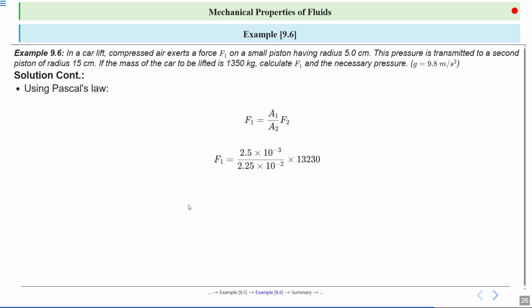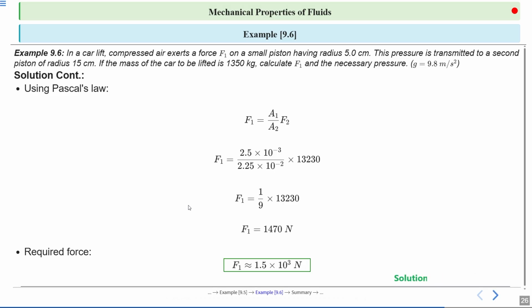Substituting the values into the equation, we have F1 equal to 2.5 into 10 raised to the power minus 3 divided by 2.25 into 10 raised to the power minus 2 into 13230. So F1 equal to 1 by 3 into 13230. So F1 equal to 1470 Newton. Required force is F1 equal to approximately 1.5 into 10 raised to the power 3 Newton. Alright,